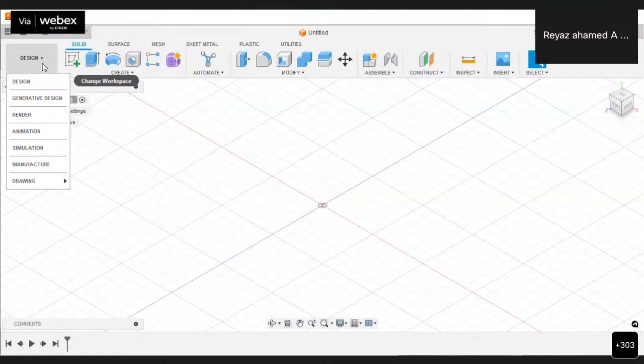Okay. So these are the possibilities we can do in Fusion 360. This is a total solution software, and also it is very user friendly. It has very much potential, not only for mechanical engineers but for all engineering disciplines actually.